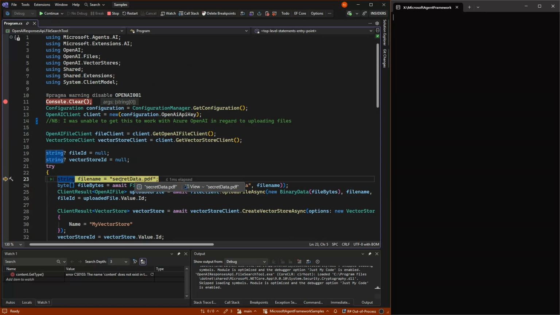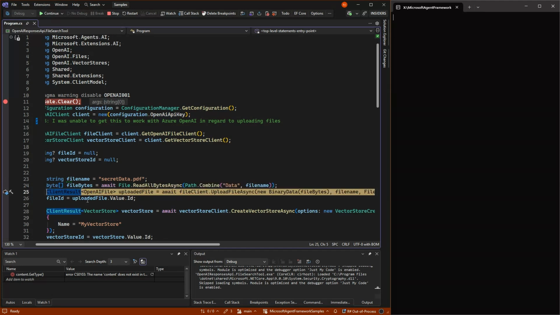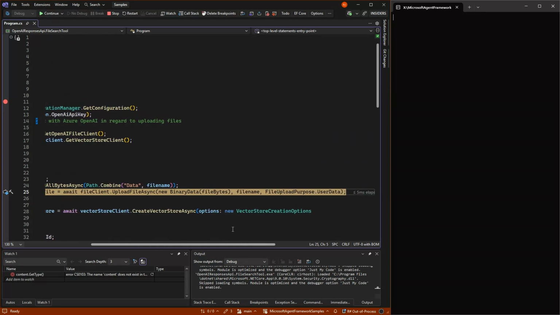We're going to grab our secret data PDF, that's the file name, from the data folder that we just saw. We get our file as bytes, and once we have them as bytes, we can use the file client to upload it. So it's the byte data, the file name, and the purpose of this data is user data.